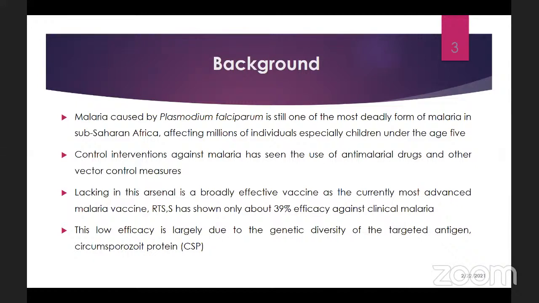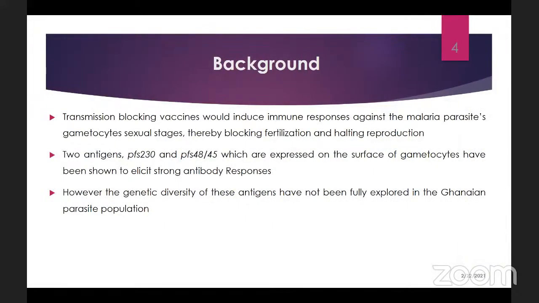The currently most advanced malaria vaccine, RTS,S, has shown low efficacy in clinical malaria. Studies have shown that this low efficacy is largely due to the genetic diversity of the targeted antigen, which is the circumsporozoite protein. Now, transmission blocking vaccines will induce responses against the malaria parasites' gametocytes, the sexual stages, thereby blocking